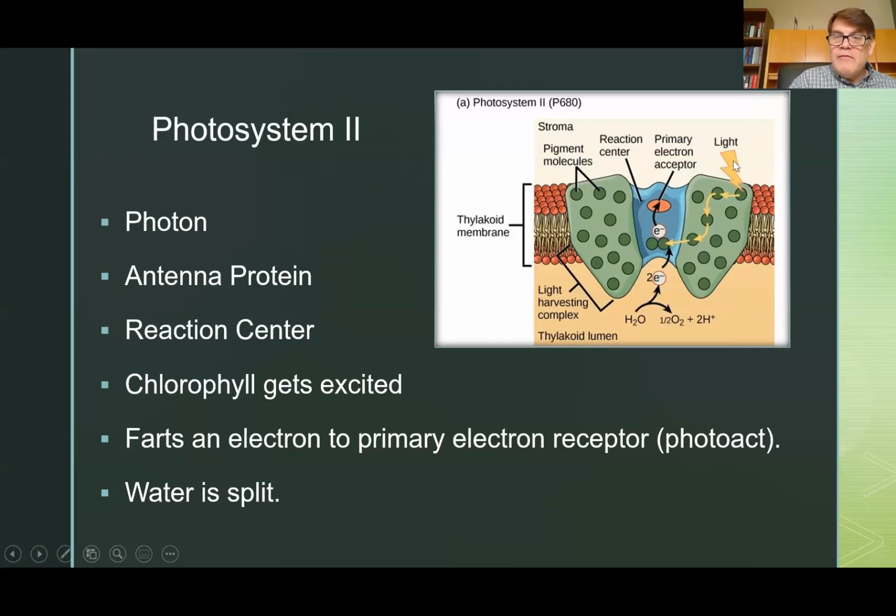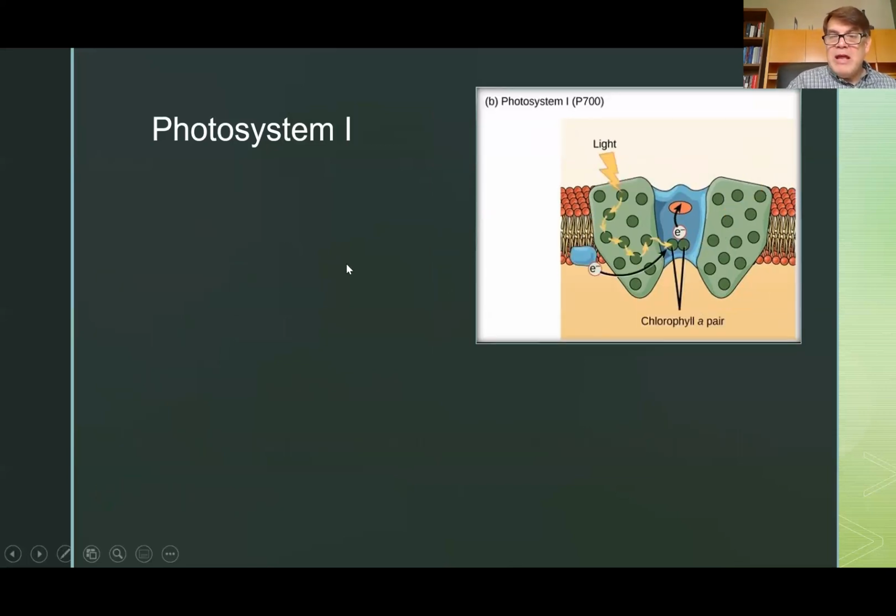Photosystem 1 harvests, it harvests light harvesting complex. It harvests the photon into the pigment here, these are pigments too, into the chlorophyll, which gets very excited and farts an electron to an acceptor, and the electron train begins. Now it's going to be passed along the electron train to photosystem 1, which is called photosystem 1 because it was discovered earlier. Anyway. And so by the time the electron gets here, it's lost some energy because it's passed